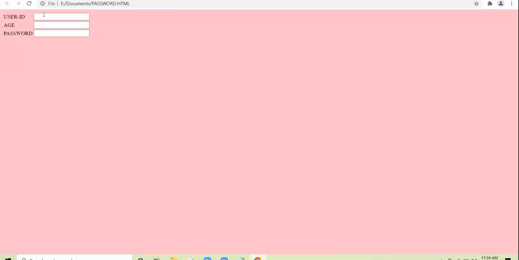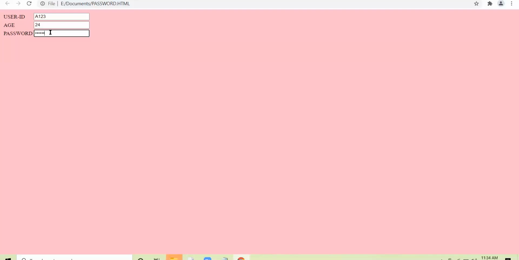I give the user ID A123, age 24, password I am giving. Now, whatever I type, it's not visible to you because the password is hidden, is covered up by the solid dark circle that is called disk. Clear? So this is the password control.